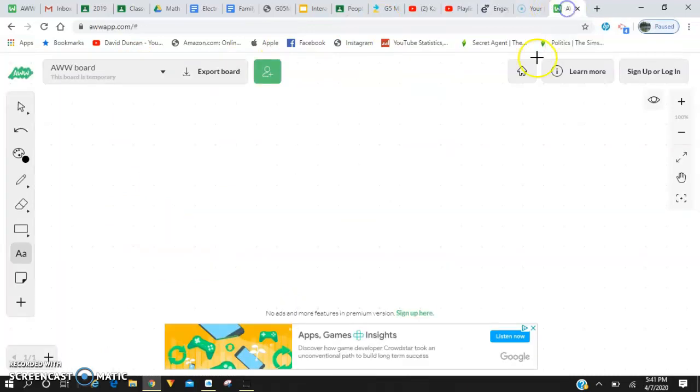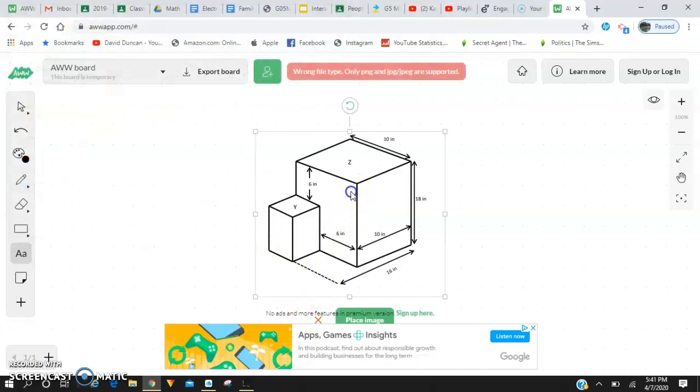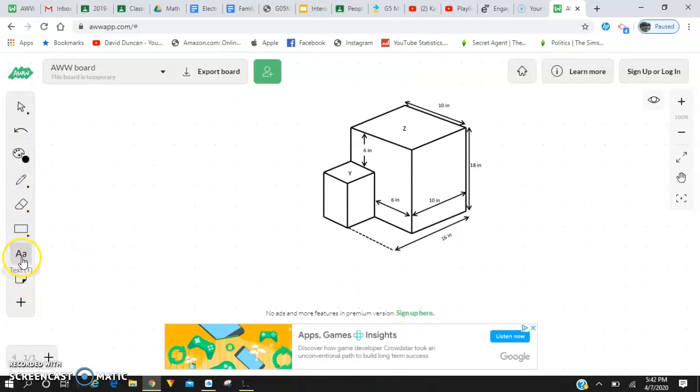Now I'm going to go back over to my website. To upload that image that I just saved from the PDF, I'm going to hit the plus sign down here at the bottom, and I'm going to upload an image. I'm going to upload my capture that I've just taken. I'm going to move it to where I want it, place image. Now I'm going to add the text, so I'm going to go to my text icon. I'm going to add my text bubble right here. My cursor is already selected, so I'm just going to right click,